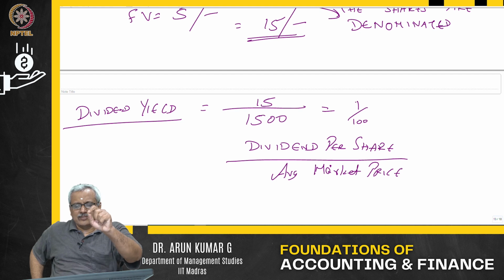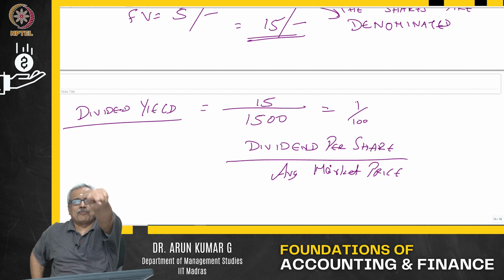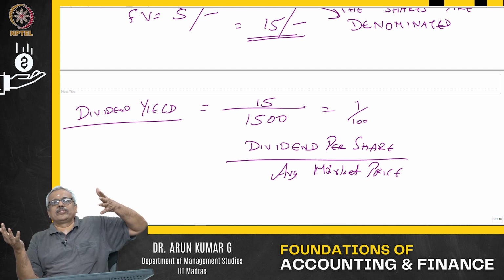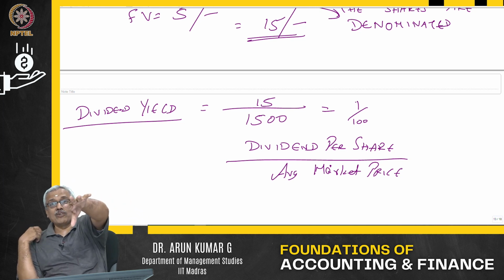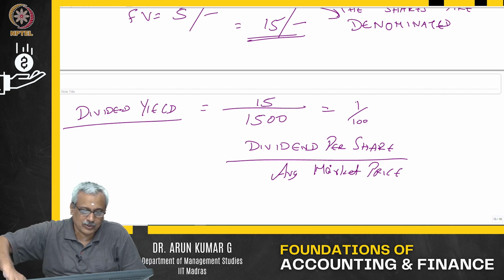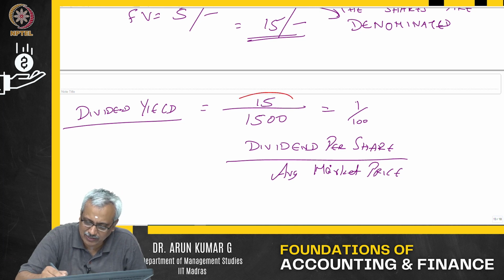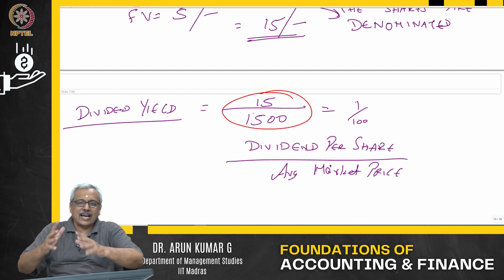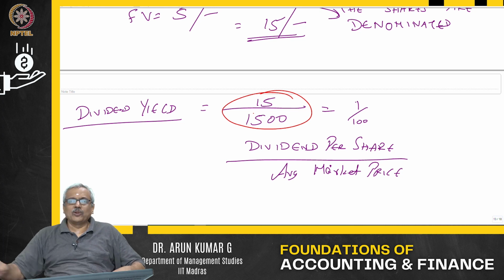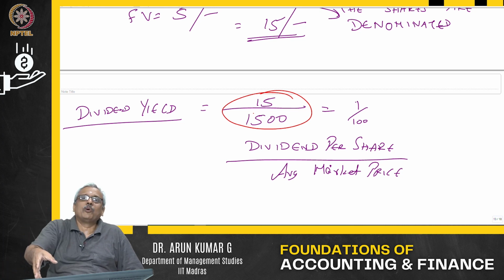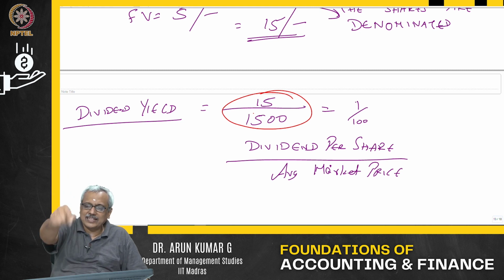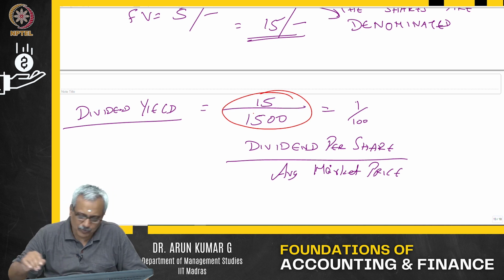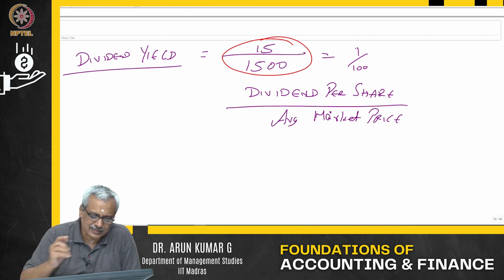If you want to know only on your investment, then replace the average market price with the price at which you purchased. Please note, as an analyst, I will say average market price. If you want to know the yield on your investment, like what we did earlier, I purchased it at 1,500, so there is no average, I just take my price. As an analyst, I will say average. For the money you have invested, put that in the denominator, not average. That is all. Then the last ratio they would be interested in is what we call dividend payout.